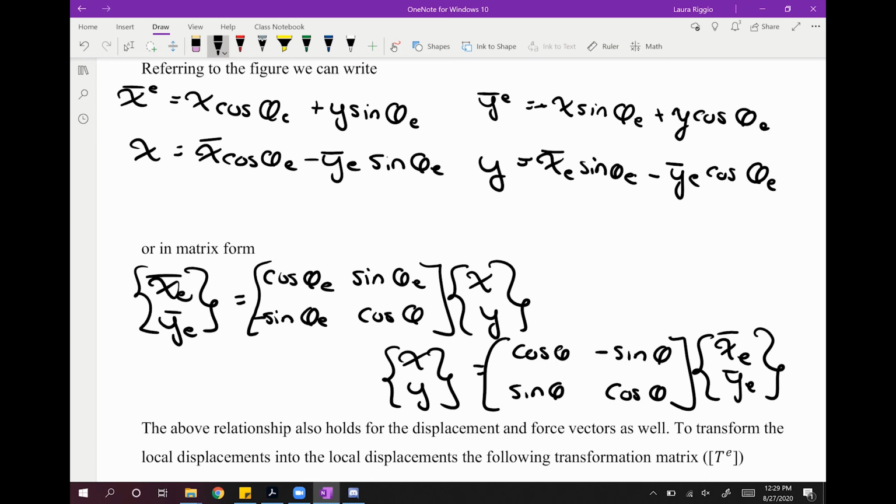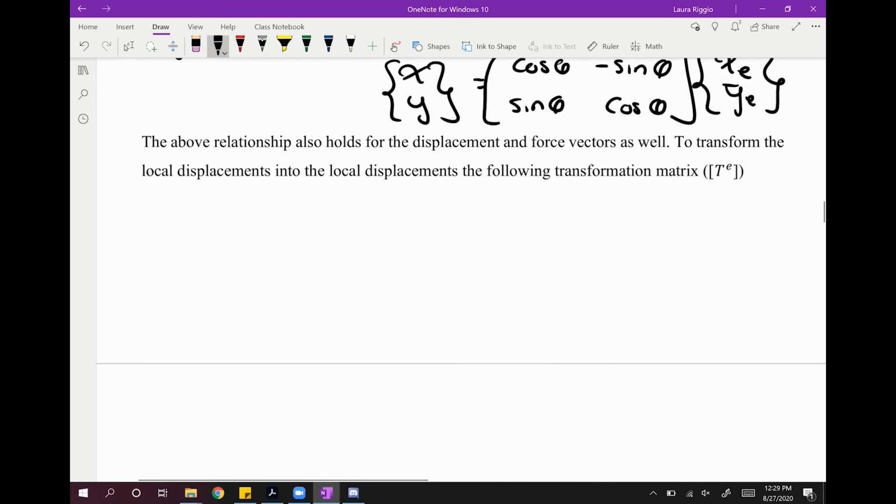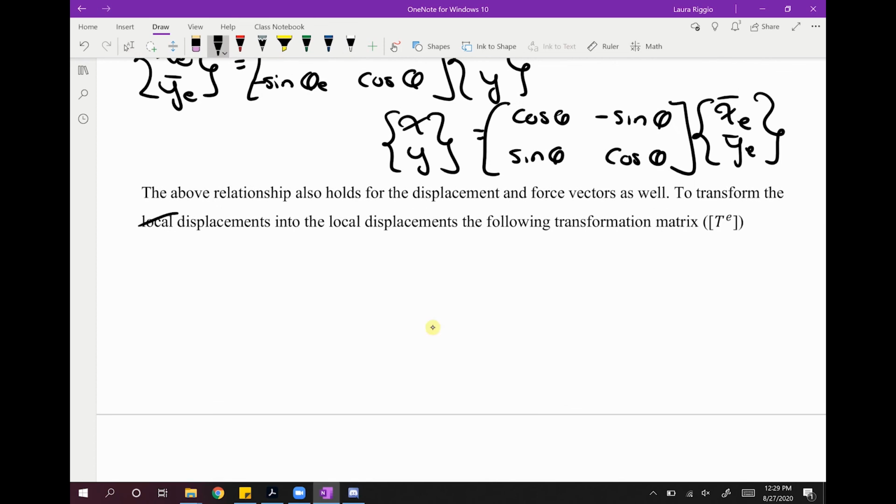So the above relationship holds not just for the axes themselves, it also holds for the displacements and the force vectors as well. So to transform the global displacements into local displacements,